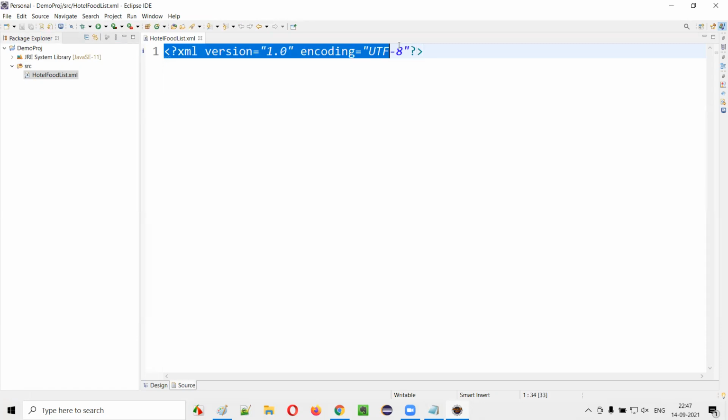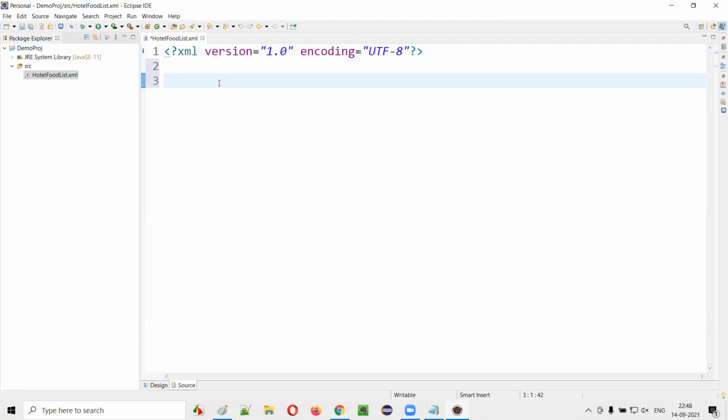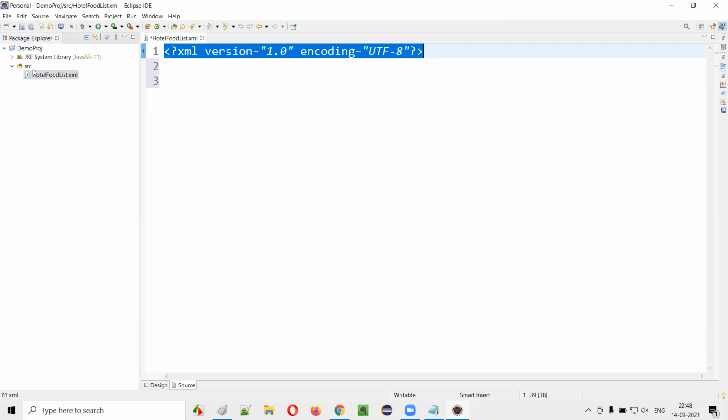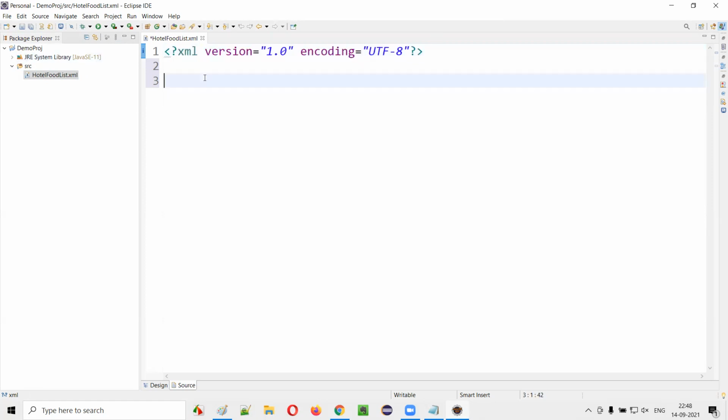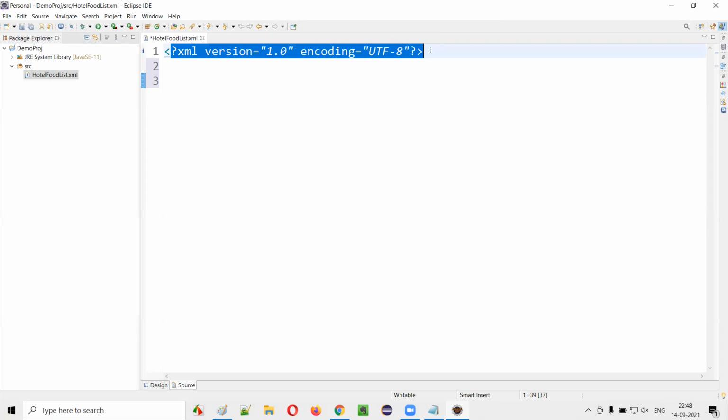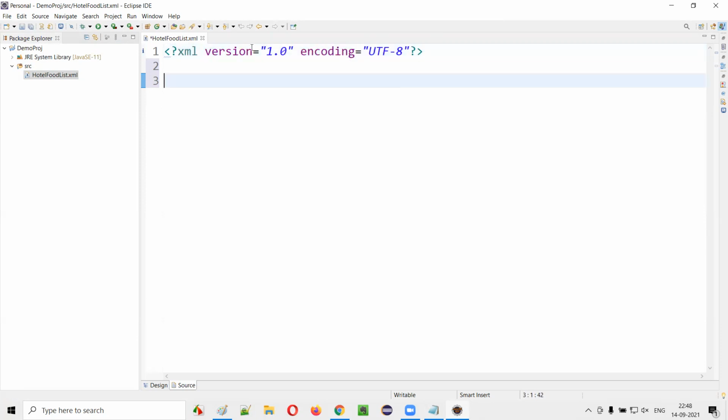Okay, you see some text is being added by default. Earlier when I created the XML file in Eclipse IDE, this statement had not come, but with this way of creating the XML file, you will also get this statement. I'll explain more about this statement later, guys. For now, let it be. Don't worry. But for now, ignoring this line, I'm going to write the same